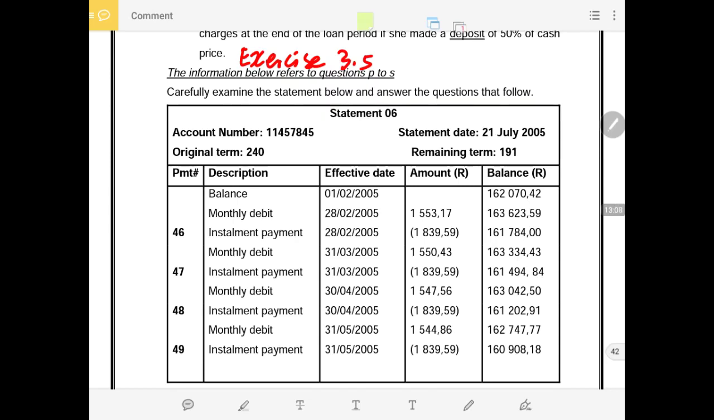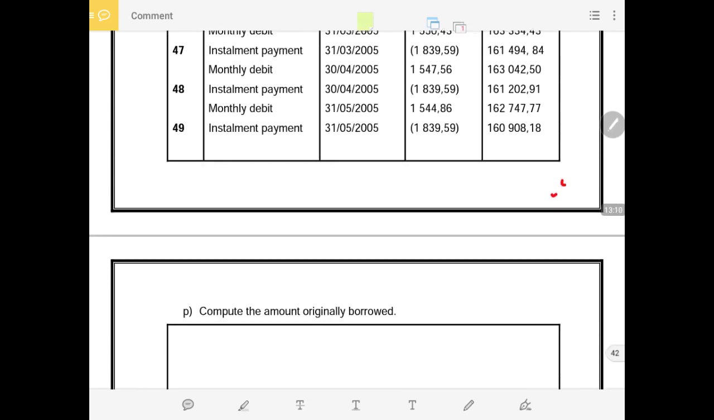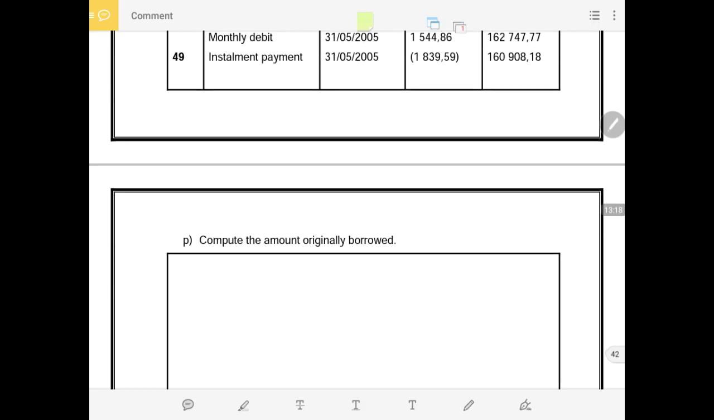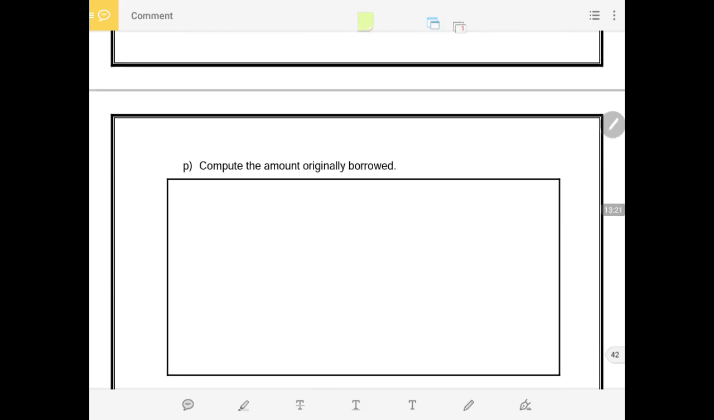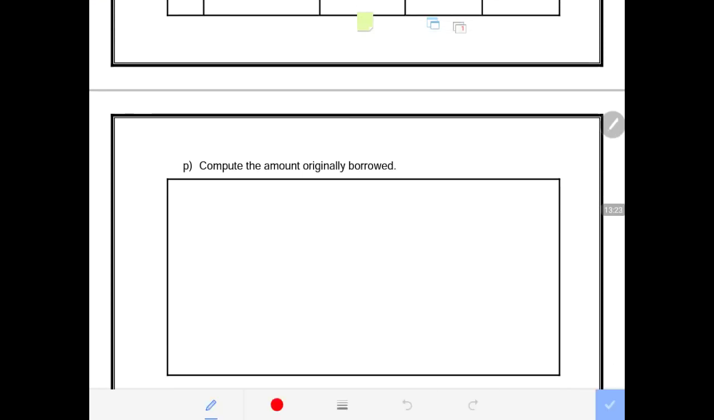Now, we are required, we already know the interest, remember, although they have not told us how much the interest rate is, which is 11.5%. Compute the original amount that was borrowed. How can we do that? We need to know the interest, meaning we first need to calculate our I. Our I is equal to